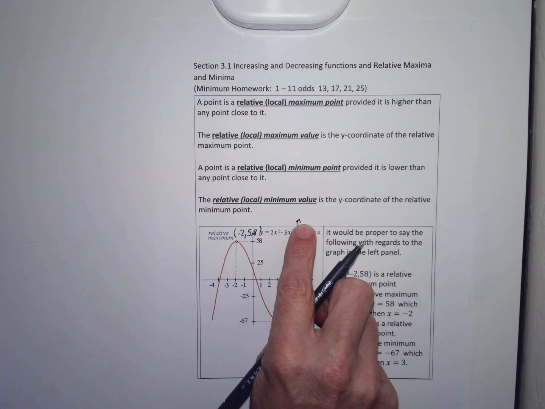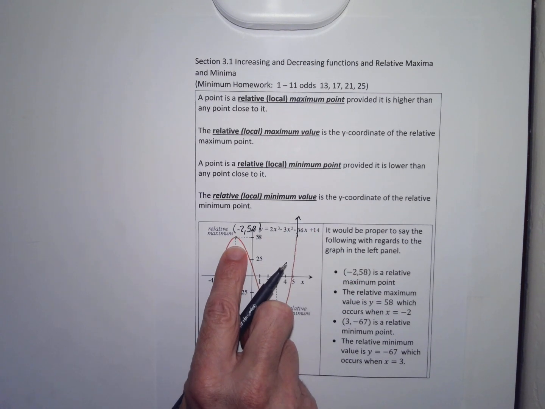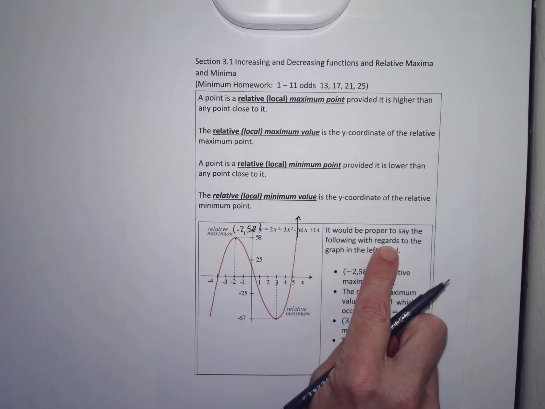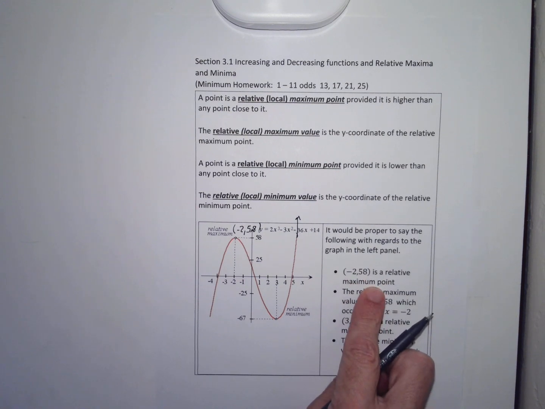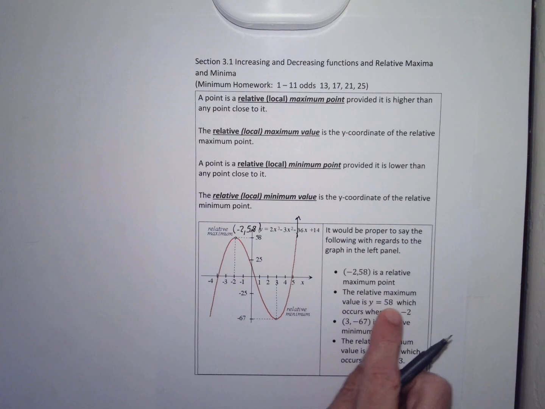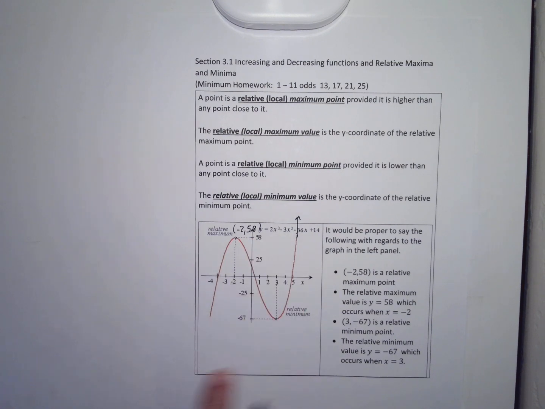There's points higher than the point (-2, 58), but relative to any place close to it, it's the highest point. And so it would be proper to say this: the point (-2, 58) is a relative maximum point, or we can say local maximum point, and the relative maximum value is the y-coordinate. The y-coordinate of 58 is the maximum y value of any point close to it, and it occurs when x